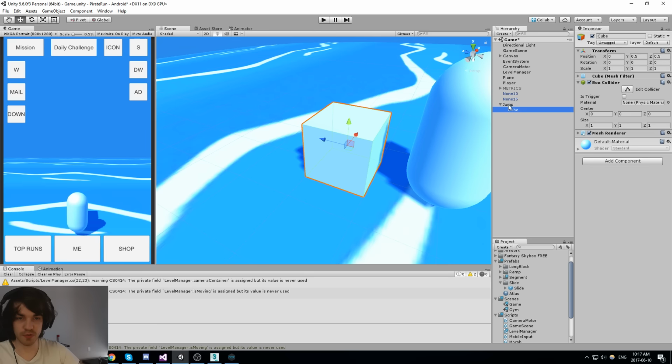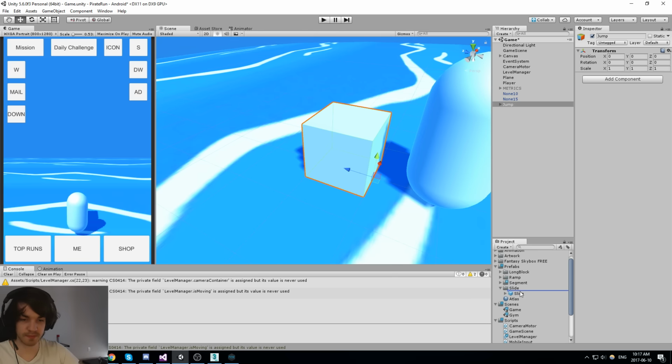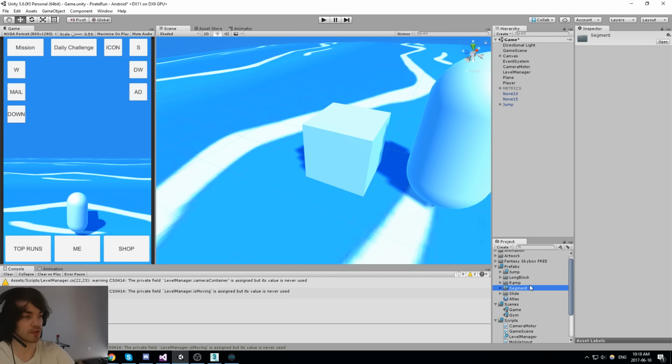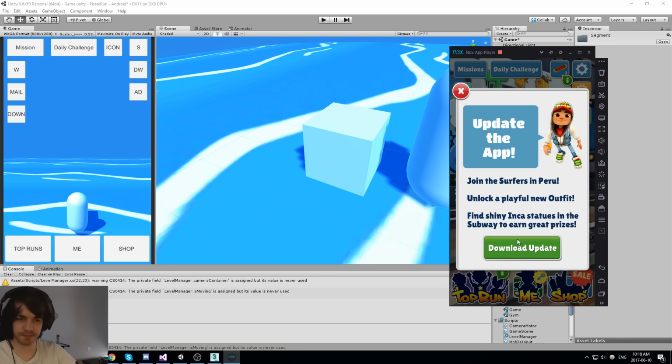There we go, new prefab. So let's start with these. We need at least one variation of every single one of these. So jump, long block, ramp, and slide. Segment is another thing. We don't have to deal with that so much.